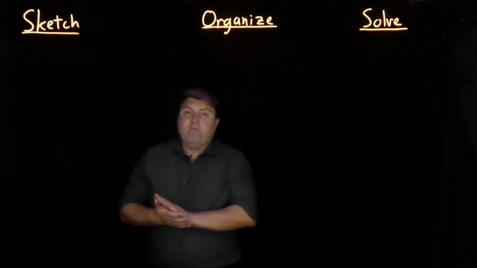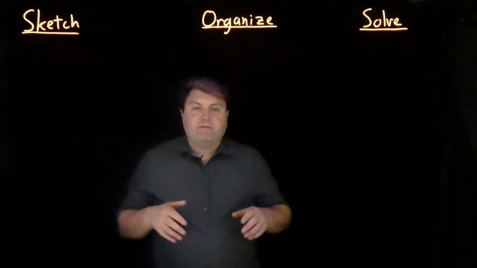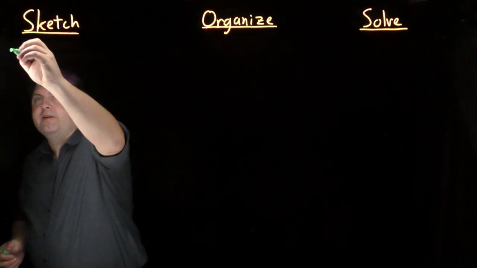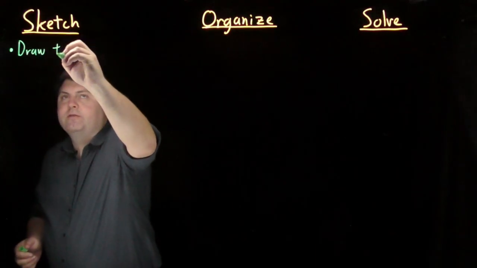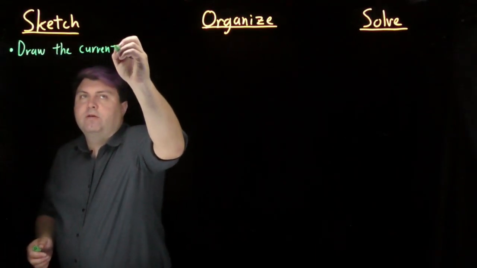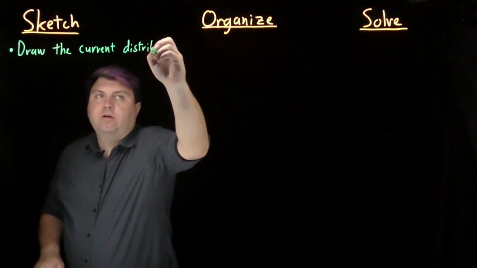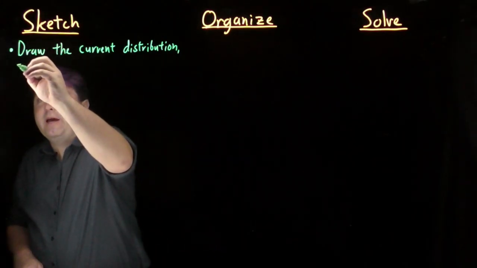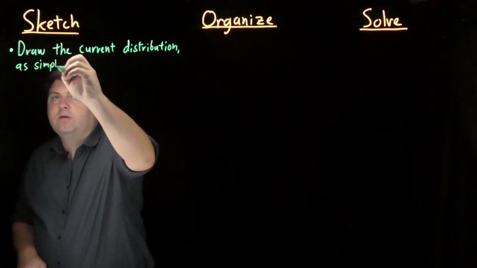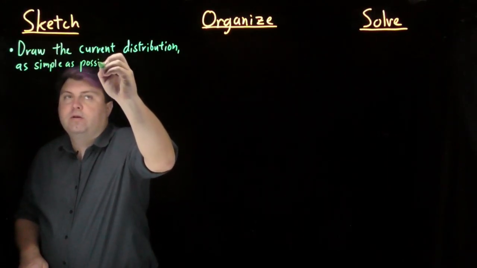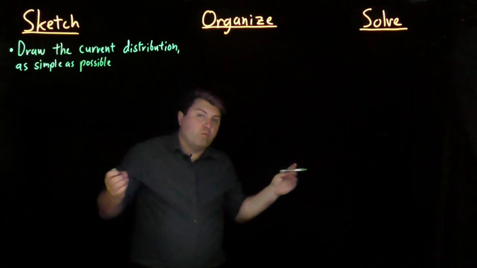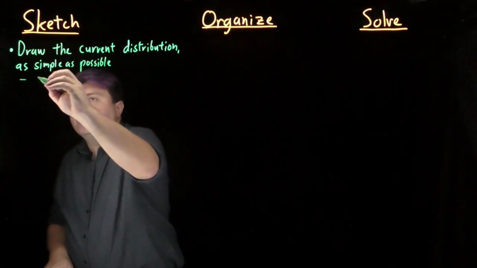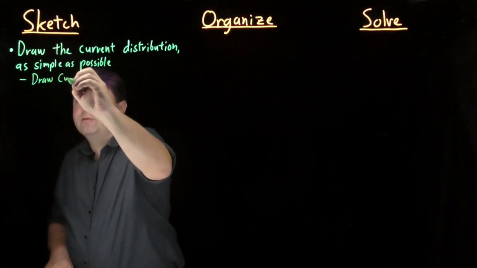Welcome. We now want to use the Biot-Savart law to find the magnetic field of current distributions. So we want to first start by sketching, and in our sketch we want to draw our current distribution. As we draw the current distribution, we want it to be as simple as possible, right? If we have a wire, we want to assume it to be a one-dimensional wire unless we're told we can't. And then under this, we want to then draw the current direction